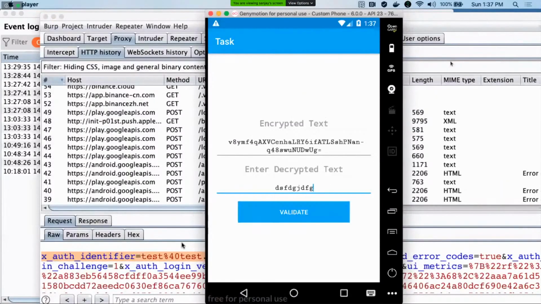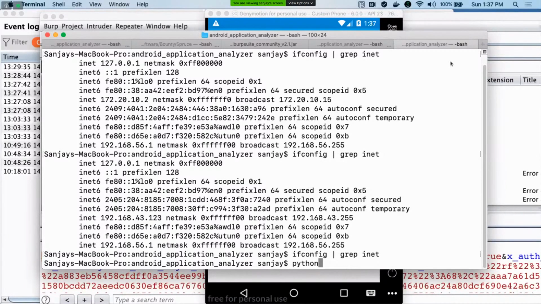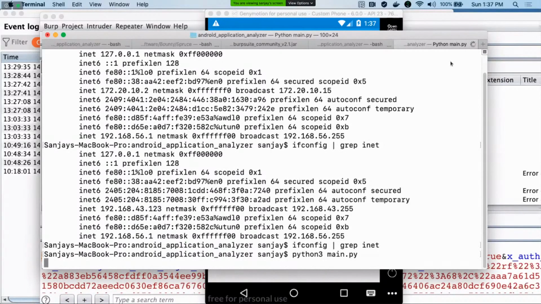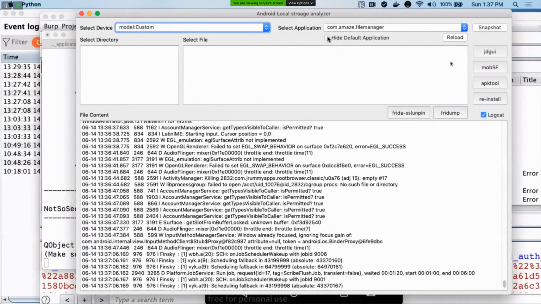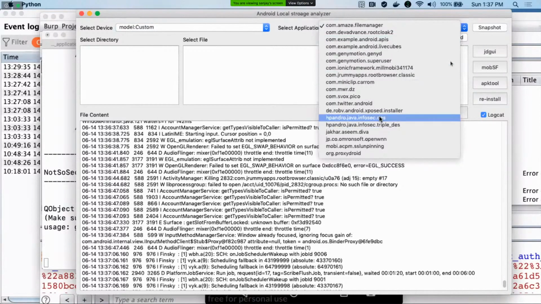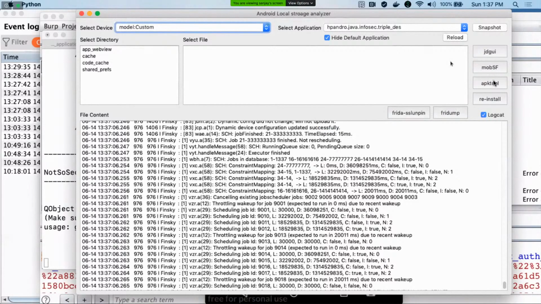So just let me restart this to load the new application. Okay, select the application and try to dump the application using APK tool.